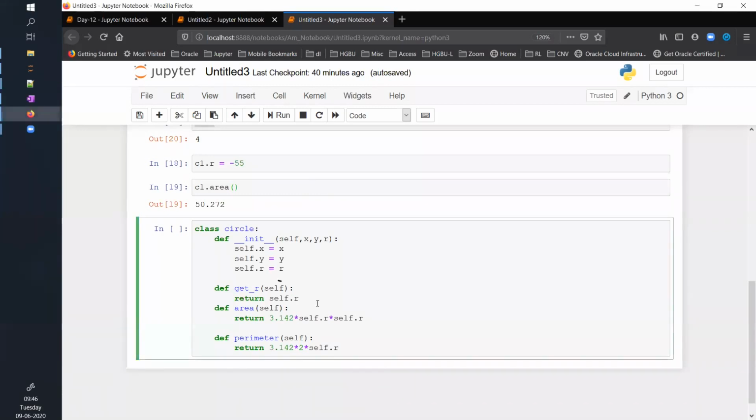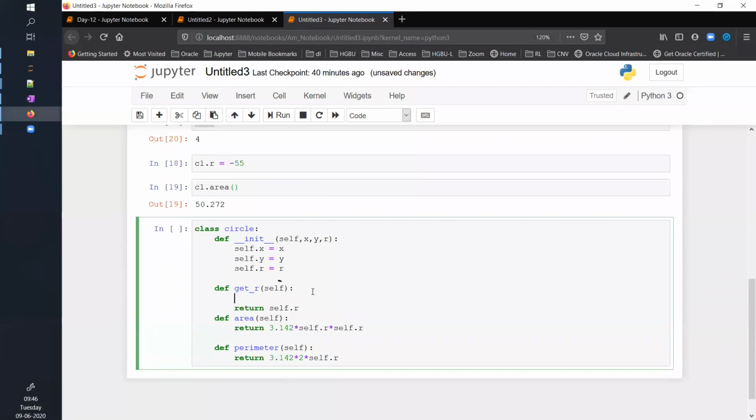Now I can add some additional if-then-else logic here. Let's say I can say if admin double equals true, or some kind of logic, and only then return self.r. Otherwise give an error, not authorized. I can add all those functionalities in this code now.